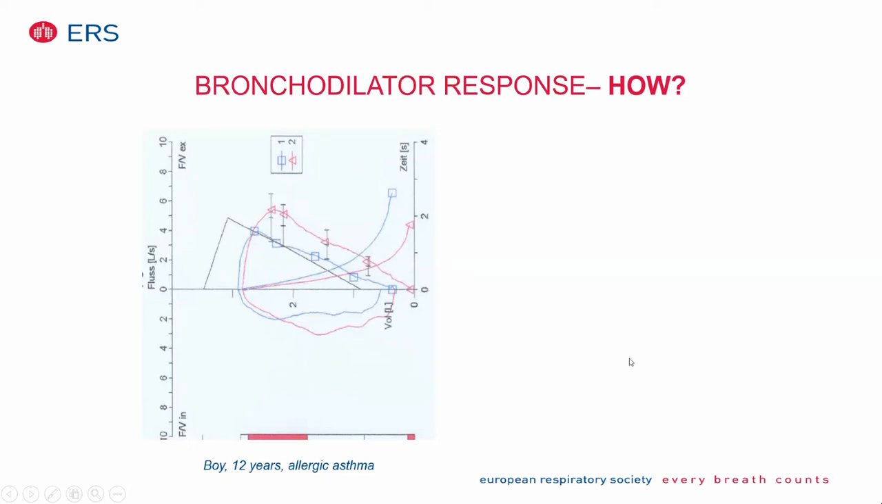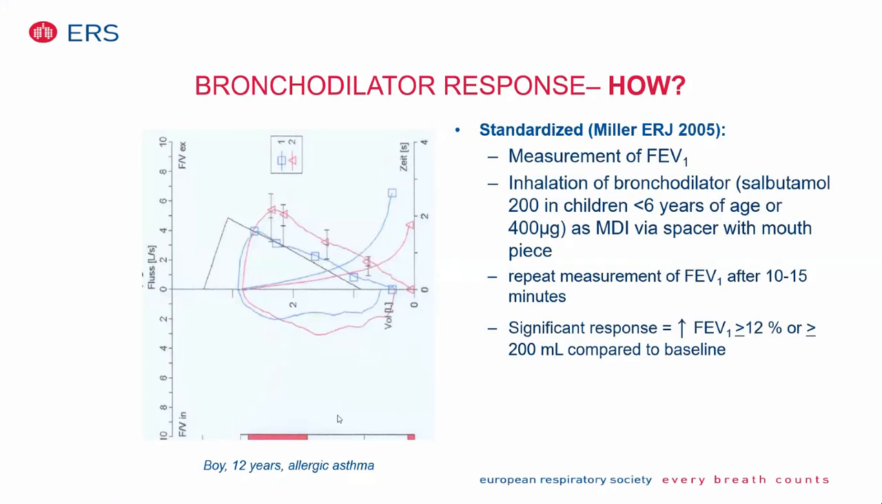With regard to bronchodilator response, the first question we need to answer is how to assess bronchodilator response. On the left, you see a flow volume curve, which you should recognize by now. Two flow volume curves, actually, the blue one being the baseline measurement, and the second, the red one, being the forced expiratory flow volume curve after bronchodilation in a child 12 years old with allergic